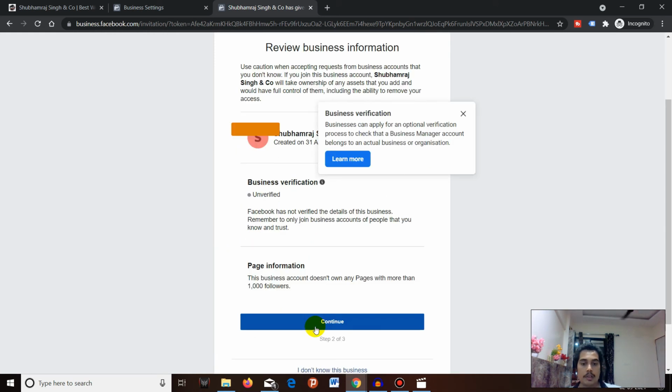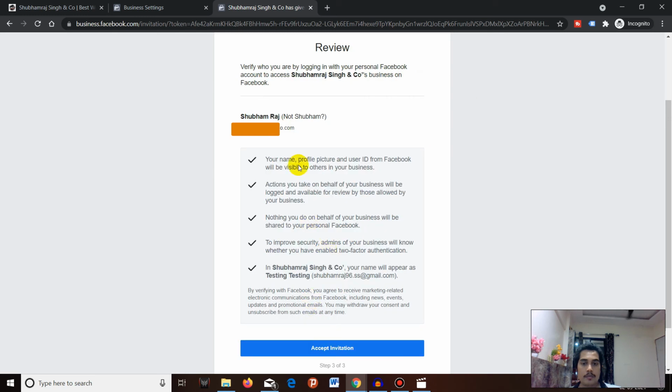After that, click on Continue, and you can see all this. You can check, and you just have to click on Accept Invitation. Once the person you invited accepts the invitation, the pending icon below the name of that user will disappear in your Business Manager. So I have accepted the invitation.